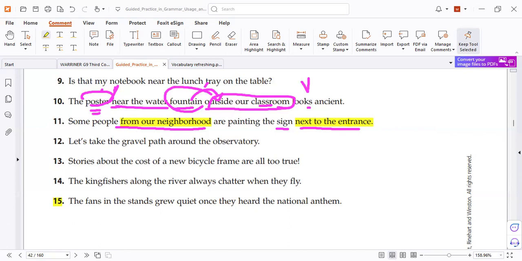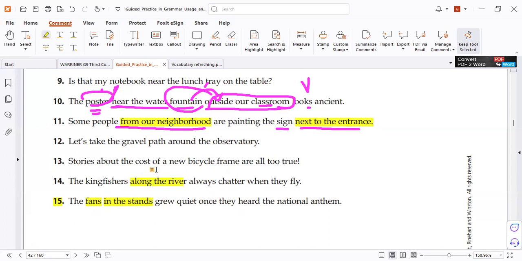What is the end? Let me help you to know more about the end. For example, here, in the garden grew, when you find the verb, stop. That phrase modifies, describes, adds information to the noun. Again, the kingfishers along the river. I stopped here because I found the adverb.